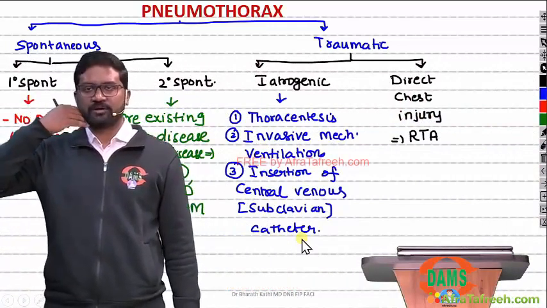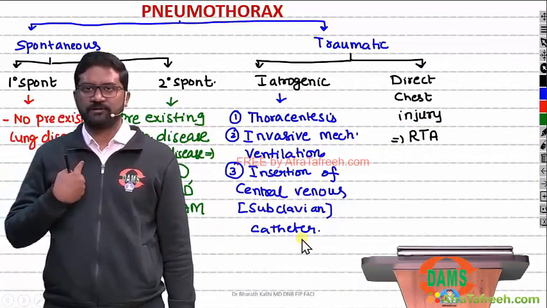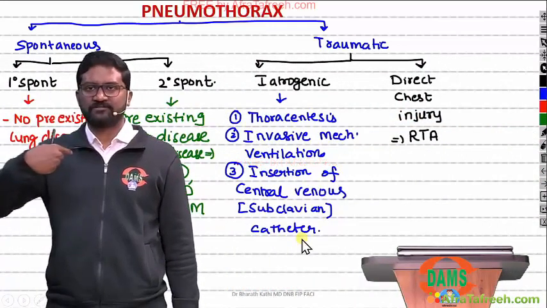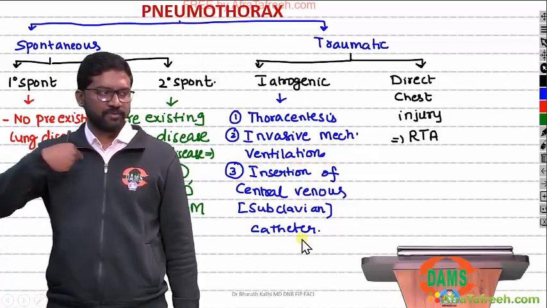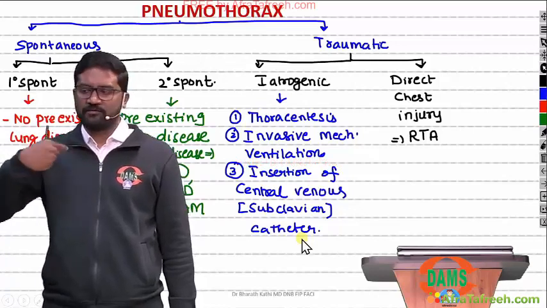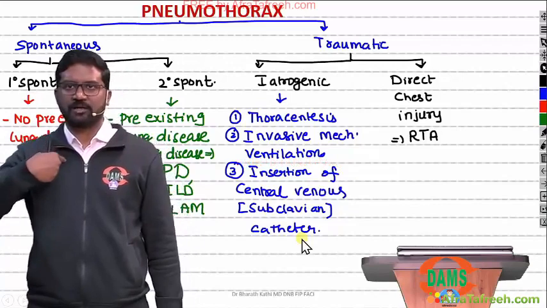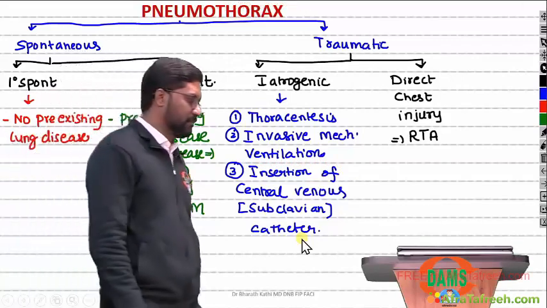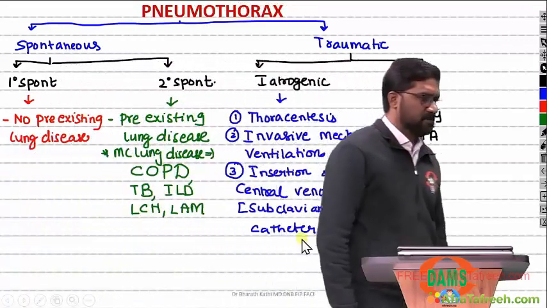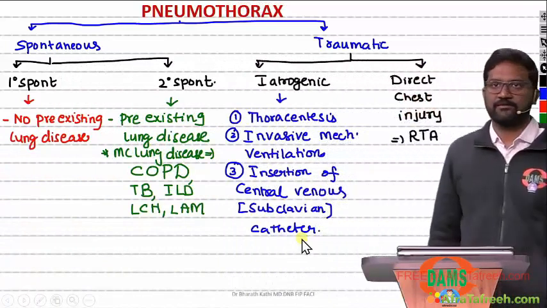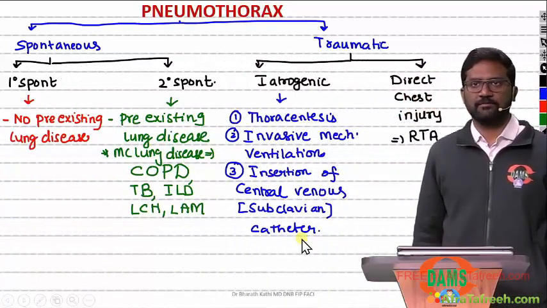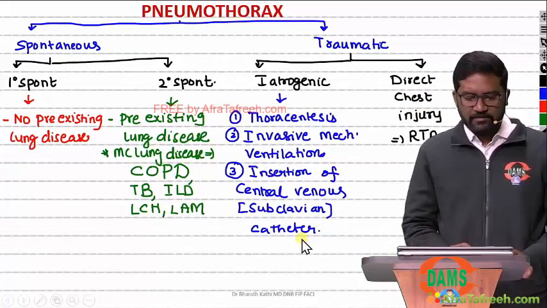One important site is jugular and the other is subclavian. If you want to puncture the subclavian, you have to puncture beneath the clavicle. When you puncture beneath the clavicle, accidentally the lung apex might be damaged. So these are the